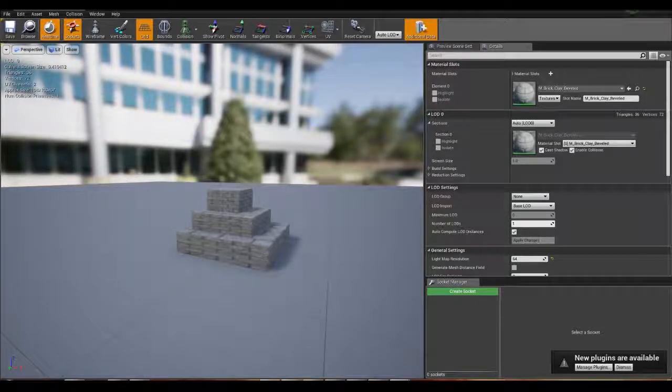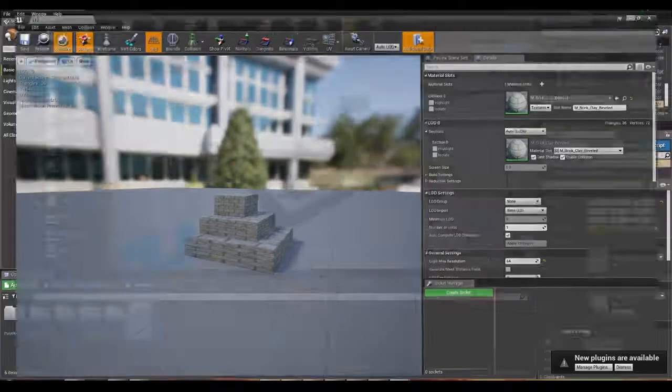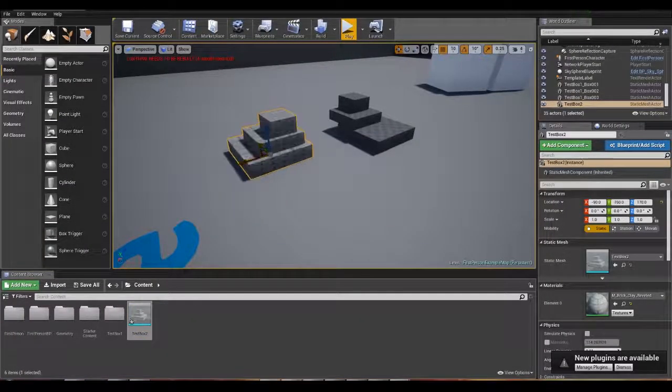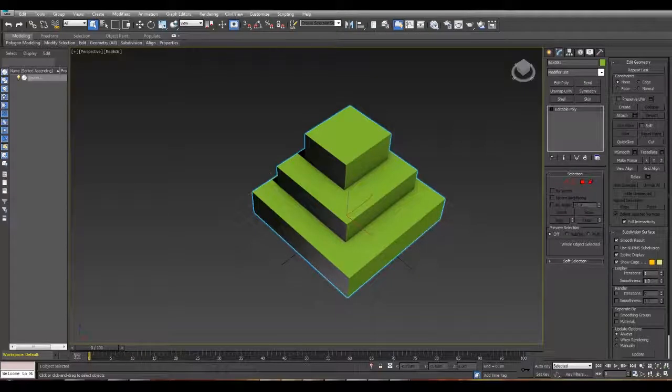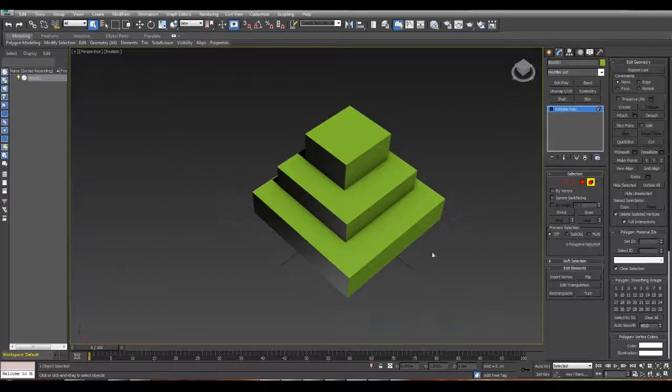So there are a lot of scenarios where you want a static mesh, and this works for skeletal meshes too, even. You may want a static mesh where you have multiple materials applied to different places, but you still want to be able to work with one mesh. So in order to do that, go back to 3dsMax and go to your element tab and click